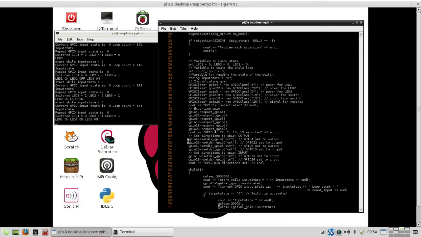Because here LED2 doesn't work at all, and as you can see here, it is clearly set to out,